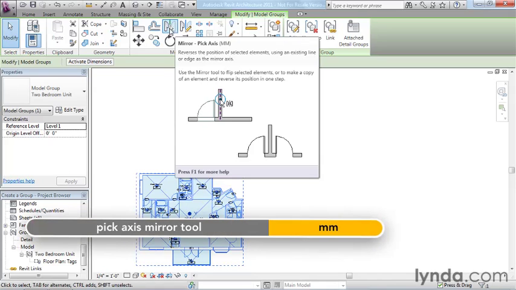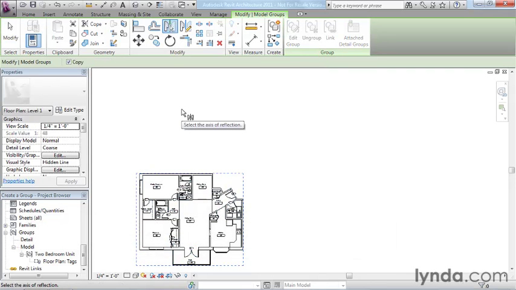So I'll start with this one, the Pick Axis, and the shortcut for that is MM. What this allows you to do is just simply pick on any edge of any existing object, and that edge actually becomes kind of like a plane of glass. If you imagine placing a mirror along that edge, like a literal mirror glass, it would reflect the object along that plane. So if I highlight this wall right here and imagine you're looking down on that pane of glass,